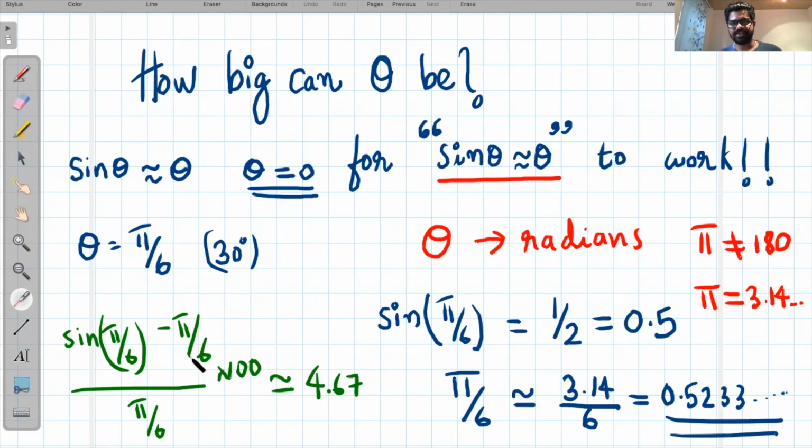You can also convince yourself that if the angle that we have is 20 degrees, the percentage error that we are going to have in this approximation is around 2%, and we have an accuracy of more than 98%. So don't be afraid to oscillate your pendulum with an angle of 40 degrees. It is still fine. That was all for today.